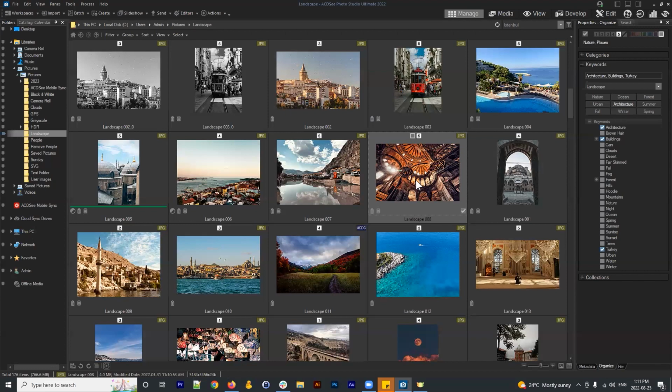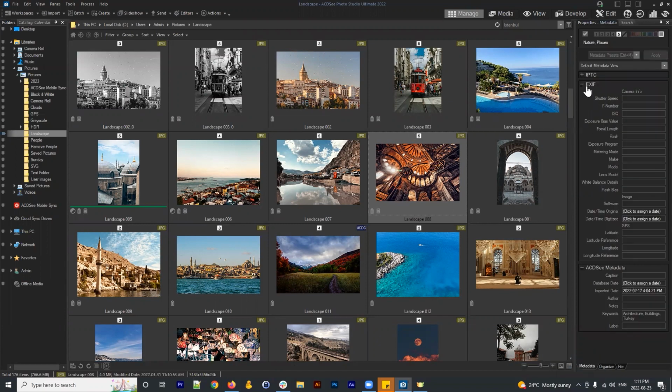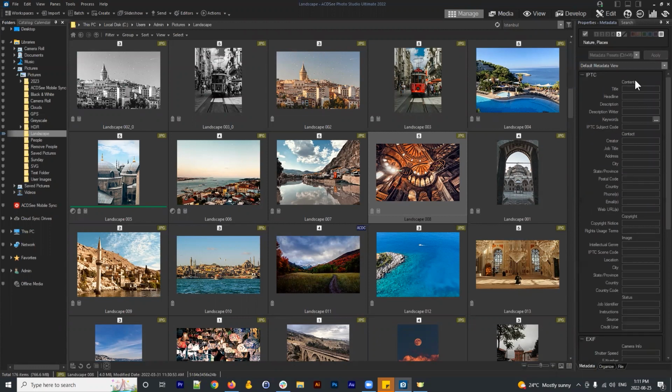Now, different software in regards to editing, right? So ACDSee or Photoshop or Capture One or whatever will handle metadata in different ways. It'll allow you to rate your images. It'll allow you to apply keywords and categories, and it'll allow you to edit stuff like IPTC information and EXIF information. And so as a brief refresher to that,